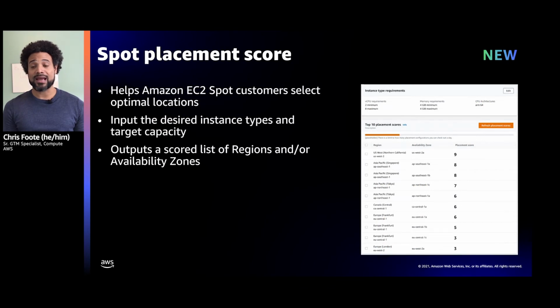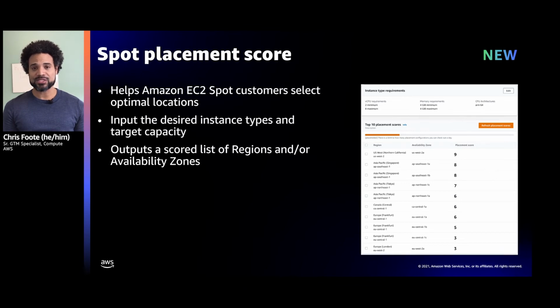A common question I get from customers after implementing Spot best practices of instance flexibility and automated interruption handling is, well, what's the optimal location to run my Spot workload? And what will my experience be like once it's running? Historically, to answer this, customers were required to spend significant time and sometimes cost testing various configurations across several regions just to understand what that experience is going to be like before they can even deploy that workload into production. To shorten this time to value, we recently relaunched a new feature called the Spot Placement Score.